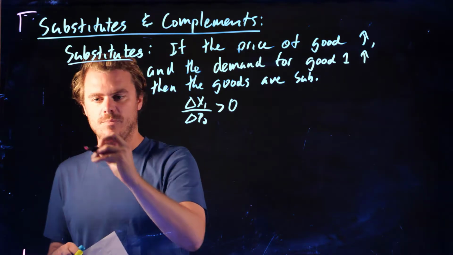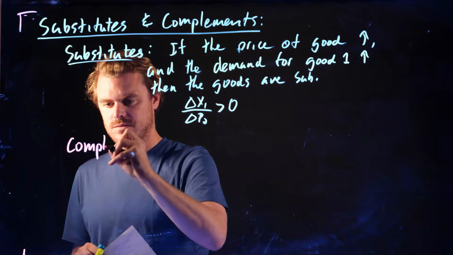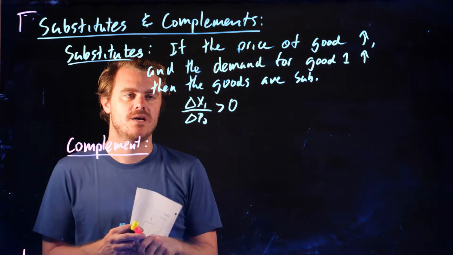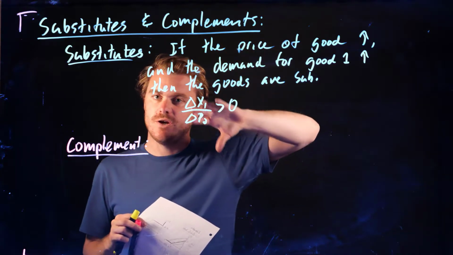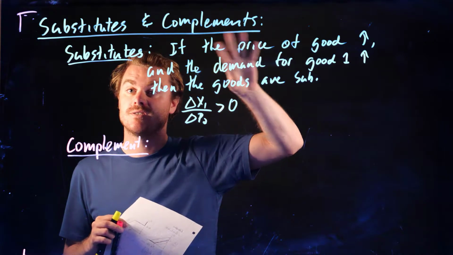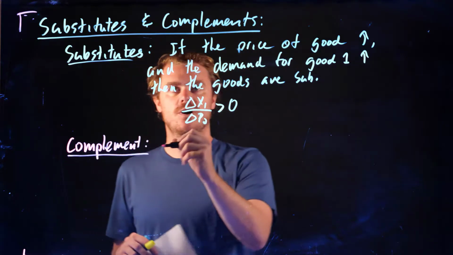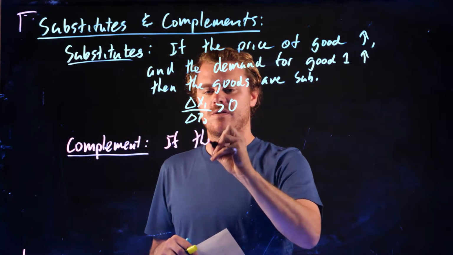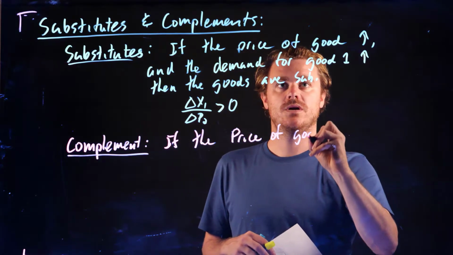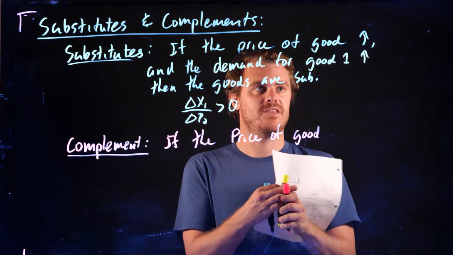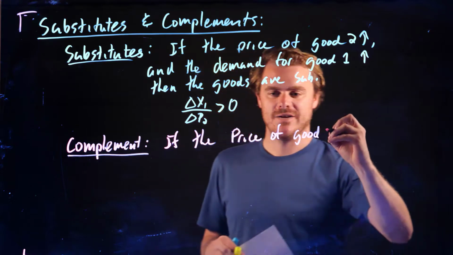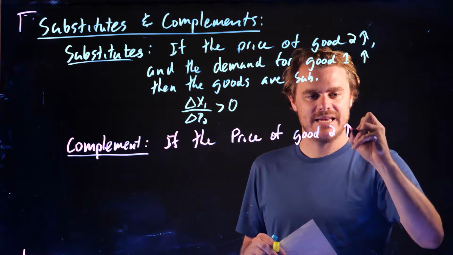The opposite would be a complement. So we talked about perfect substitutes and perfect complements. These could be perfect, but they're not necessarily perfect; they're substitutes in general. So complements here, if the price of good 2, I should say, that wasn't clear, the price of good 2 increases